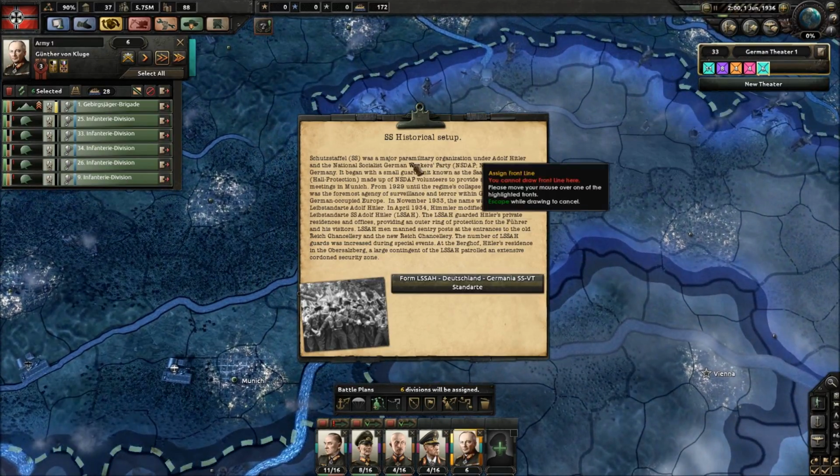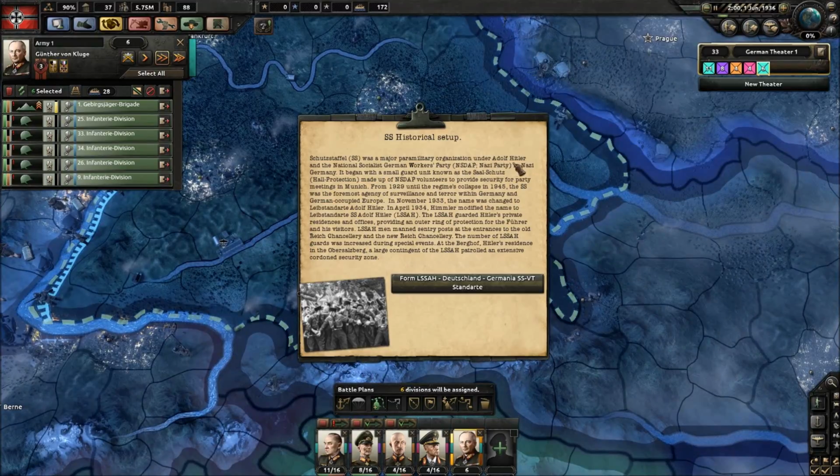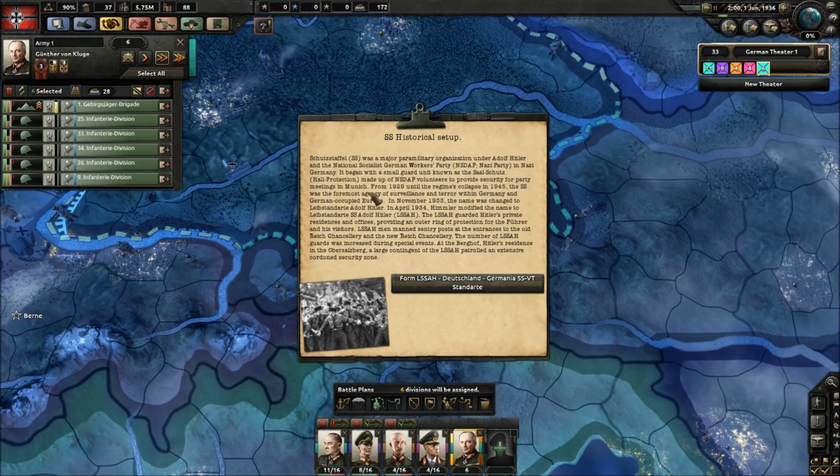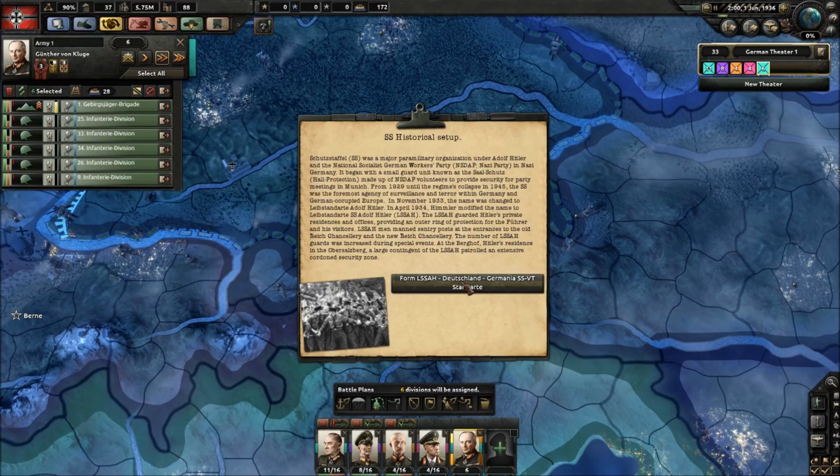Historical SS. A major paramilitary organisation under Adolf Hitler and the National Socialist German Workers' Party in Nazi Germany. It began with a small guard unit known as the Saalschutz, a hall protection. I'm probably absolutely slaughtering these words. Made up of NSDAP volunteers to provide security for party meetings in Munich. From 1929 until the regime's collapse in 1945, the SS was the foremost agency of surveillance and terror within Germany and German-occupied Europe. From the LSSAH, Deutschland, Germania, SS-VT